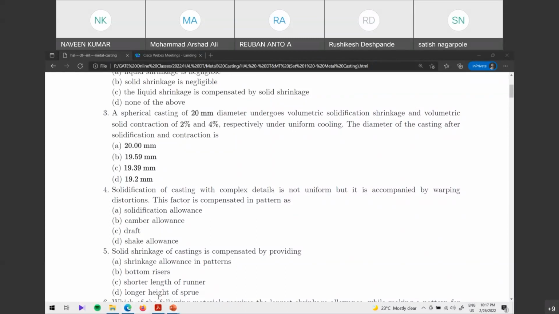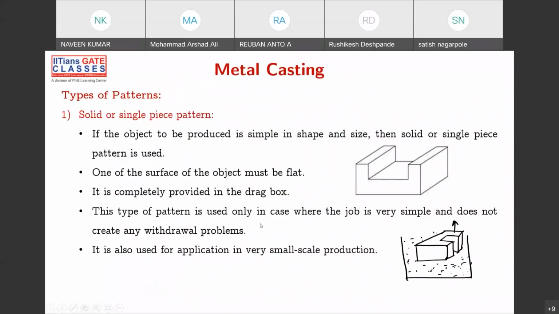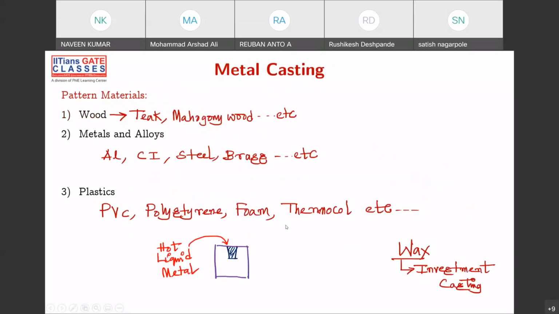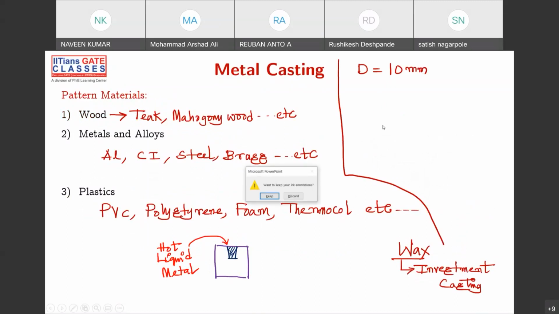So what is the volume of a sphere? Okay, let me, yes, Satish is on a full killing spree. Very good, Satish, amazing. So spherical and the diameter is how much? 10 mm, right? Isn't it? Diameter is